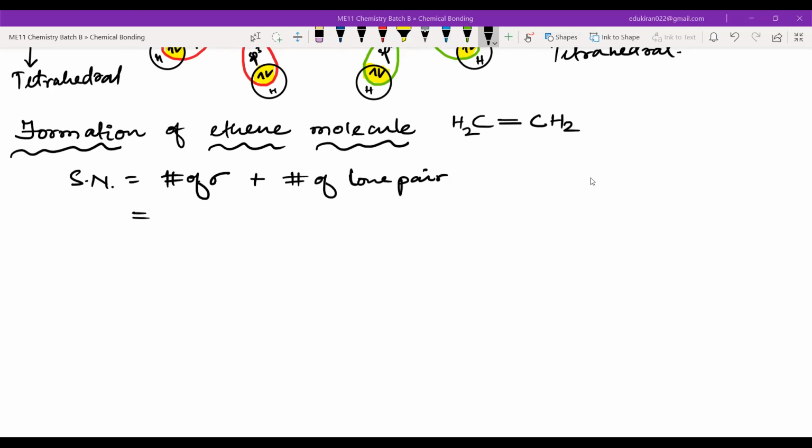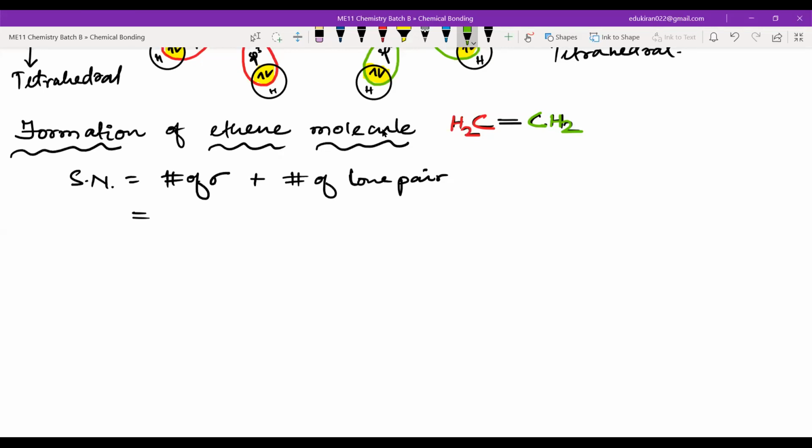So please tell me, how many sigma bonds are there for one carbon? Again, I am marking this as the red carbon, and this is the green carbon. So tell me, how many sigma bonds are there? So 2 and 2. I mean, the steric number is 2 for both. Can you please elaborate?